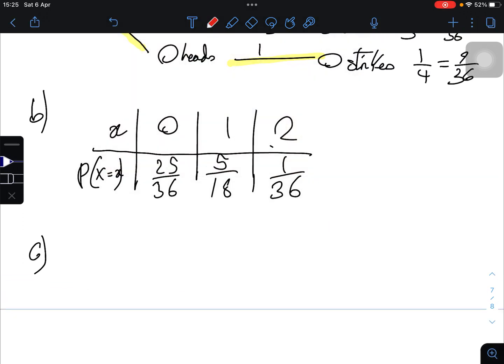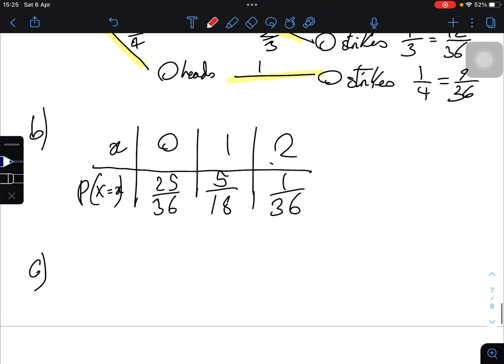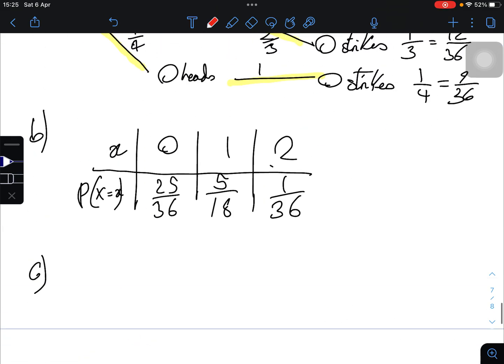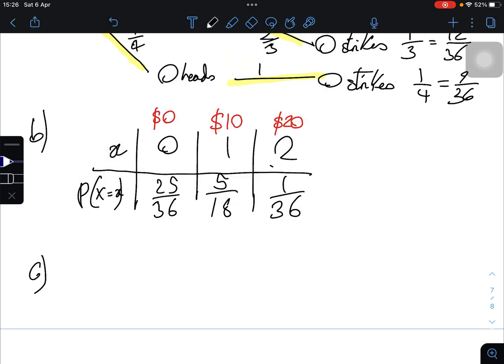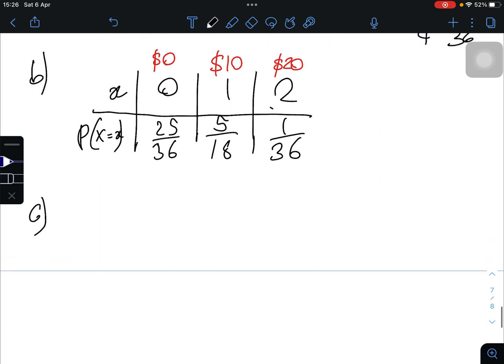So basically this is worth $10 if she gets that one, and this one here would be worth $20 and $0. Okay, so to find the expected number, I'm going to do 0 times 25 over 36